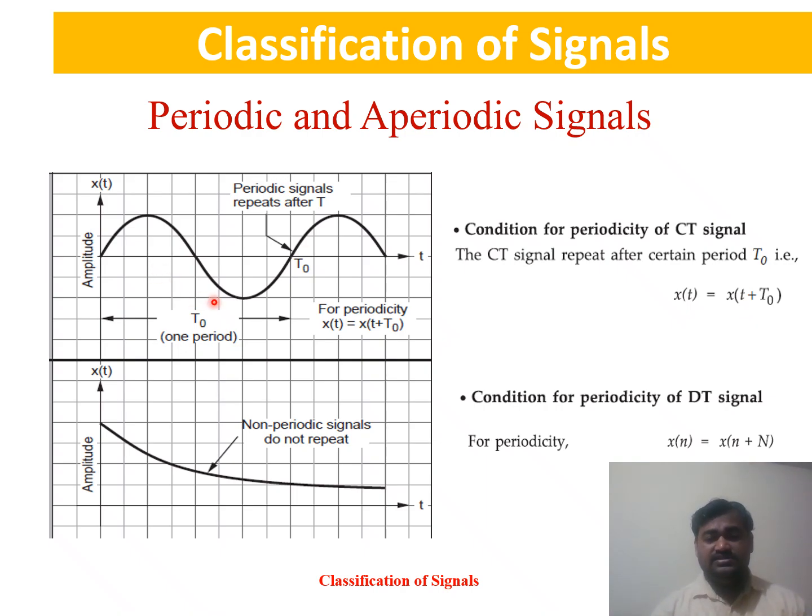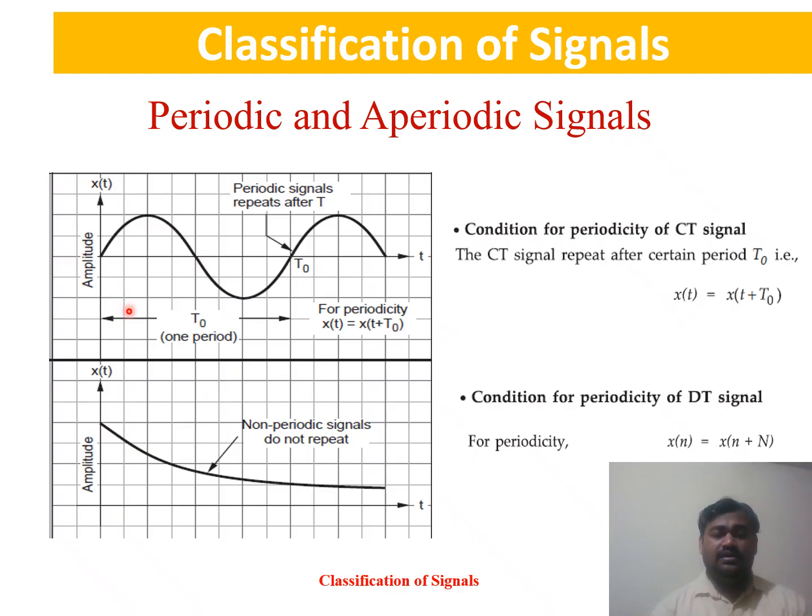This is a CT signal. There is a repeat after the T naught. It is periodic. If it does not repeat after a T naught, it is an aperiodic signal. A continuous time periodic signal is represented by the letter x of t. A discrete time periodic signal can be represented by x of n equal to x of n plus capital